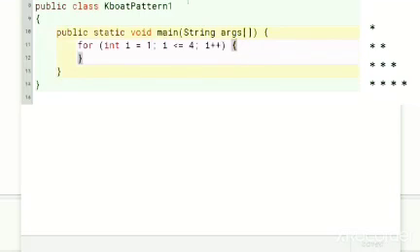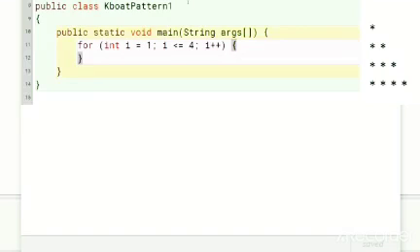The number of terms in each row for right-angled triangle patterns varies with the rows, whereas for rectangular patterns it was constant. In this pattern, the first row has 1 star, second row has 2 stars, and so on. So, for the first iteration of outer for loop, the inner loop should run only once. For the second iteration of outer loop, inner loop should run twice. For the third iteration of outer loop, inner loop should run 3 times. And for the fourth and final iteration of outer loop, inner loop should run 4 times. How should we write the inner loop so that it executes in this manner?